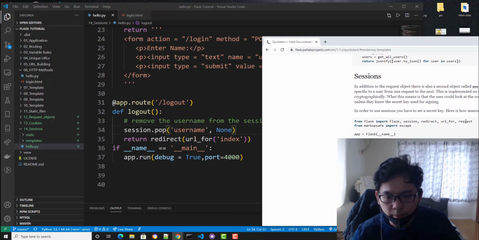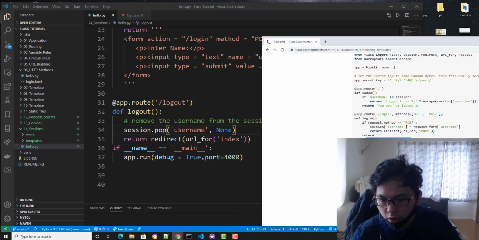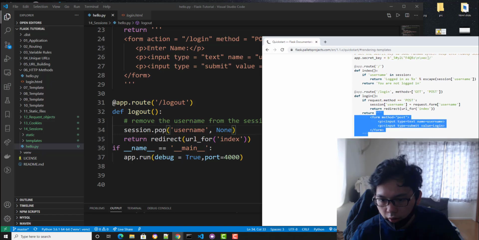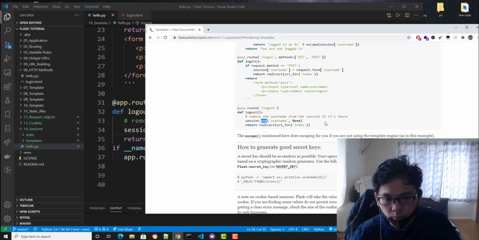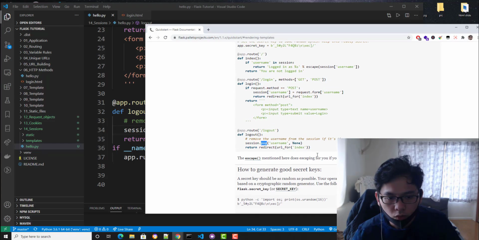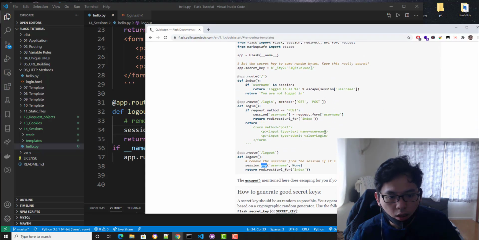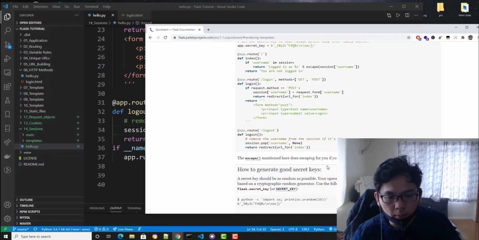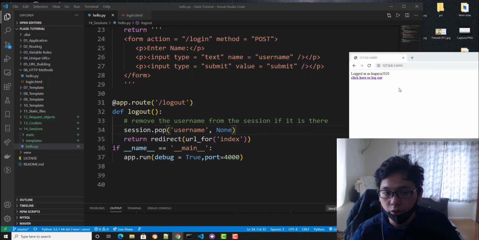And yeah, that's very straightforward anyway. Username request form return redirect, it's kind of the same. This is the way they write it, and it's called session pop here. Okay, so this is session anyway. In the next part, we're gonna talk about how to generate a good secret key. And yeah, see you in the next video.